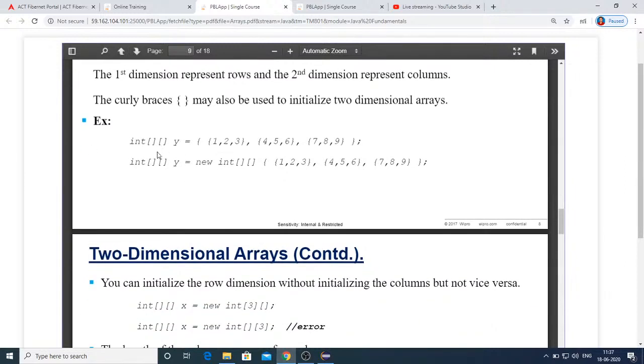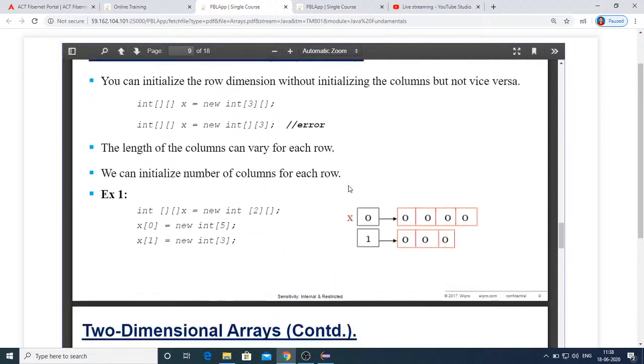Next, just like how we have seen in the case of a one-dimensional array, similarly here you can see two-dimensional, for which two square brackets we have given, and then here we have defined these arrays like this. So this is the first row elements, this is the second row elements, and this is the third row elements. That point you just need to understand.